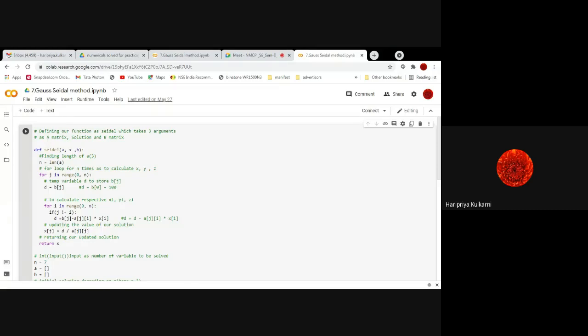So j is 0, so 0 is not equal to 1, yes, the condition is satisfied, it will come down. So now the dummy will get a value. What value will come? It will be b of j, b of 0 means 100, minus a of ji, a of 0 1. What will be a of 0 1? The coefficient of i1, right, into x of i. x of i is now 1, so x of 1 will come. What is x of 1? It is the coefficient of i2 in the first equation.